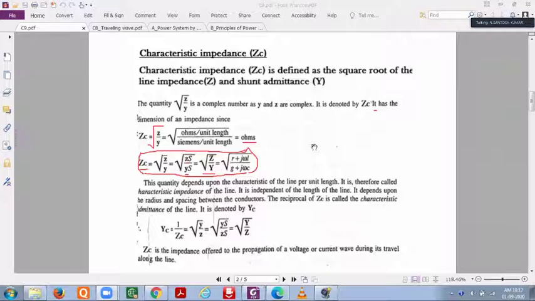So definitely, as I said, your long transmission lines are the sum of smaller sections of RLCG. Point to point, due to the presence of this RLCG, there will be a change in V and I. So how this is behaving, this entire term, we are naming it as characteristic impedance.